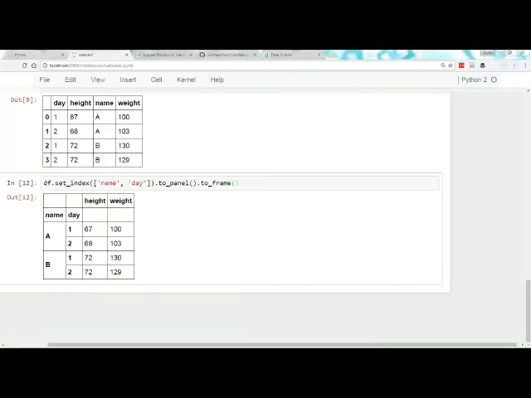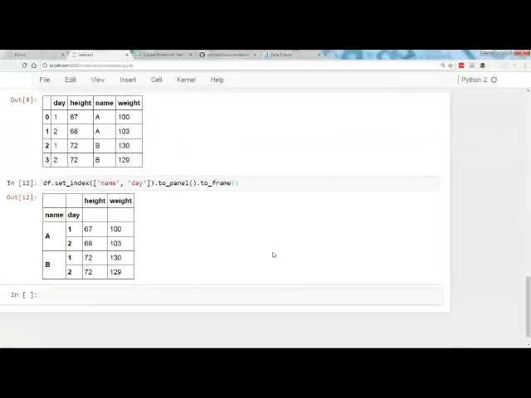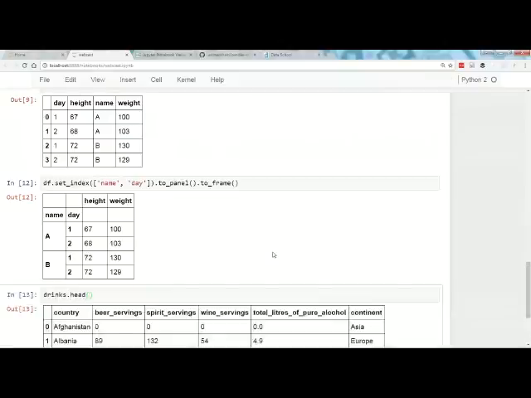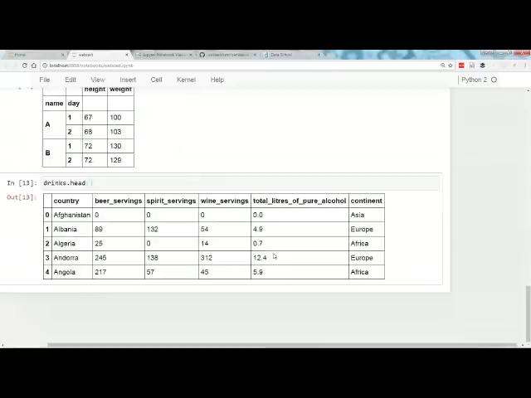Another way you might do it is with a visualization. So let me see what data set I want to use. How about the drinks data frame? Okay, so still this data frame, countries with their alcohol consumption amounts. And how about, actually, let's just use a box plot, okay?